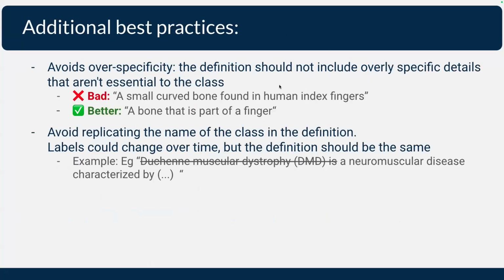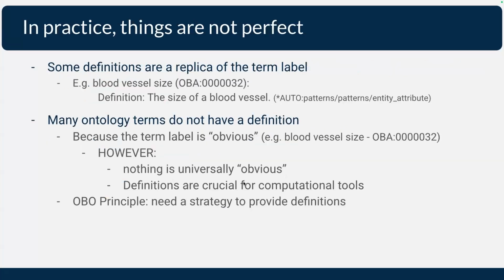Also, avoid being super specific. If you can say it's a bone that is part of a finger, it's enough. You don't need to be over specific about, like, it is a bone that is shaped in this way and blah blah blah, because it's just more chit chat. It is over specifying things, so this is not something that is needed. And avoid replicating the name of the class in the definition, because if you start your definition with the name of your class and then the label changes, then you're stuck with that in your definition. I'm speeding up a little bit